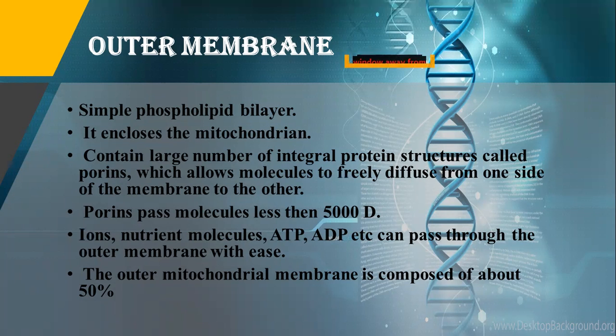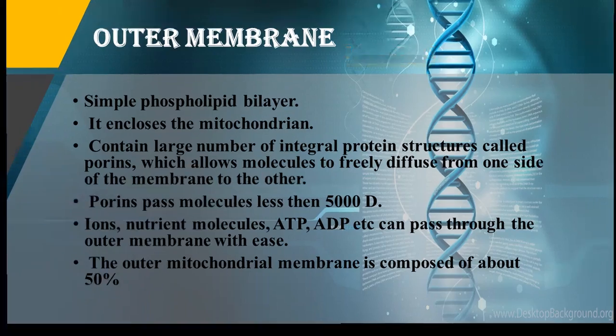Porins pass molecules less than 5,000 daltons. Ions, nutrient molecules, ATP, ADP, etc. can pass through the outer membrane with ease. The outer mitochondrial membrane is composed of about 50%